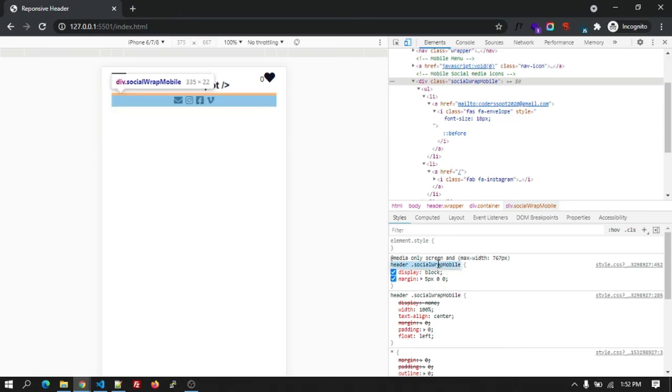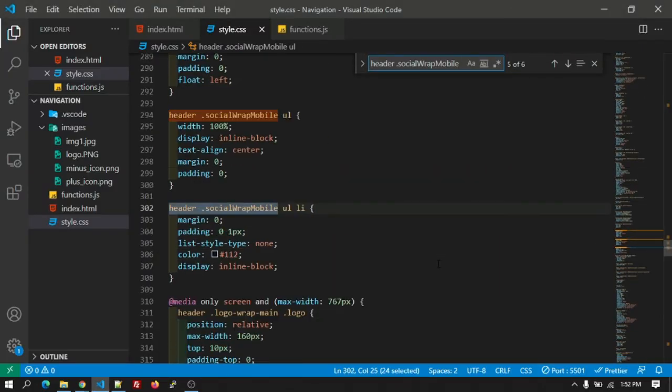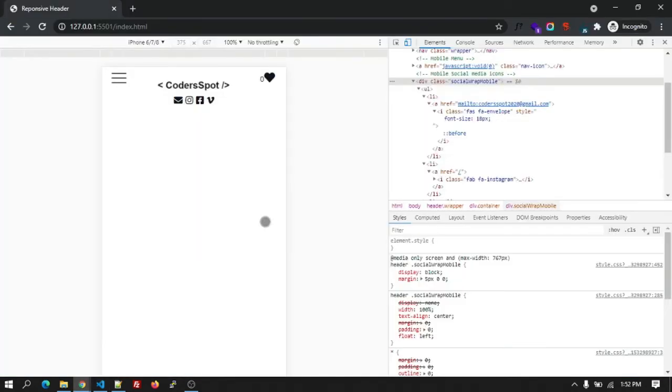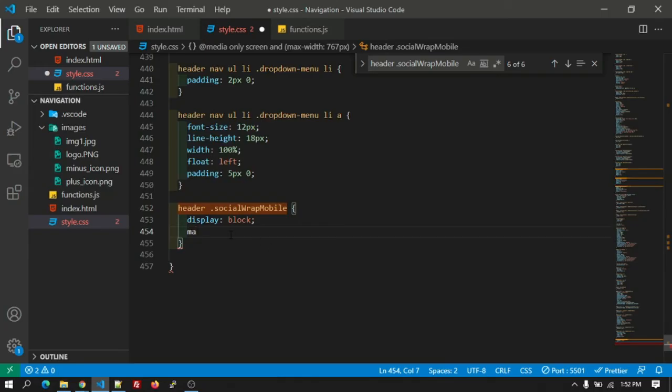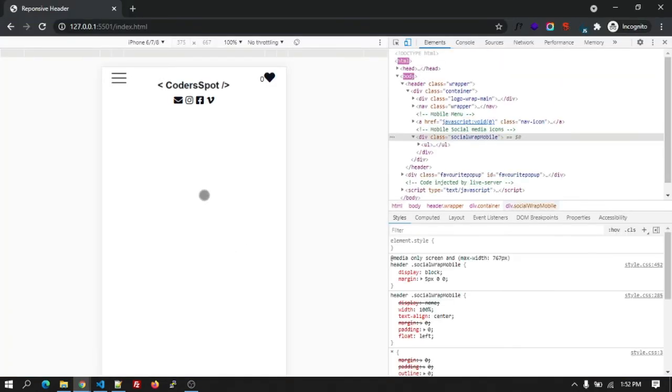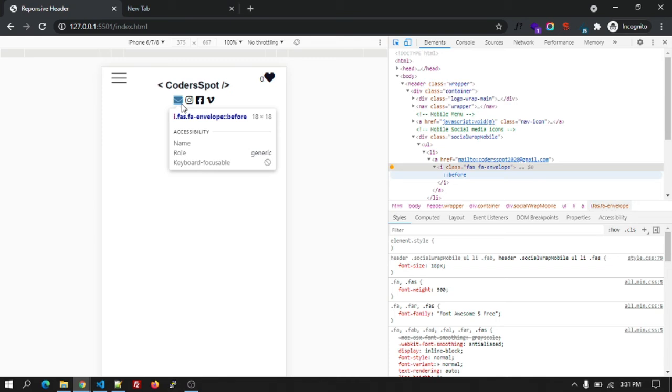Just go to over here, and in the display block, let's copy this same thing that we have written so far. Okay, so this is how it is looking.